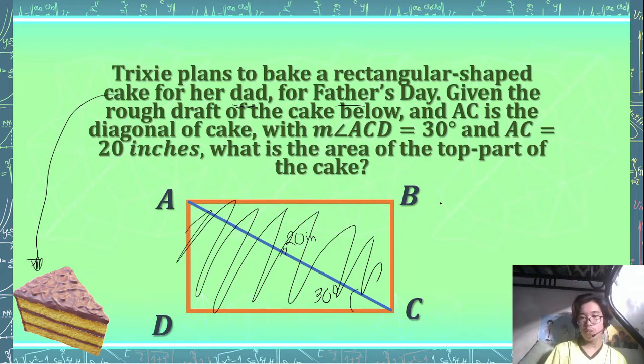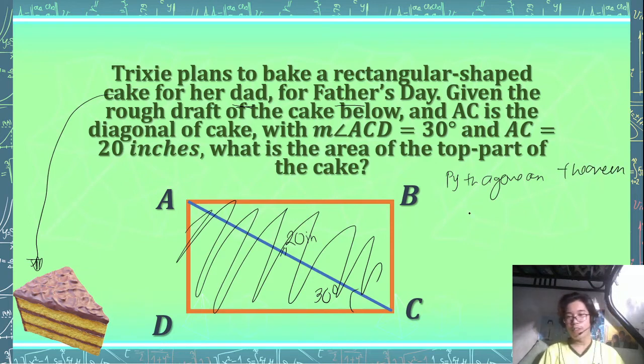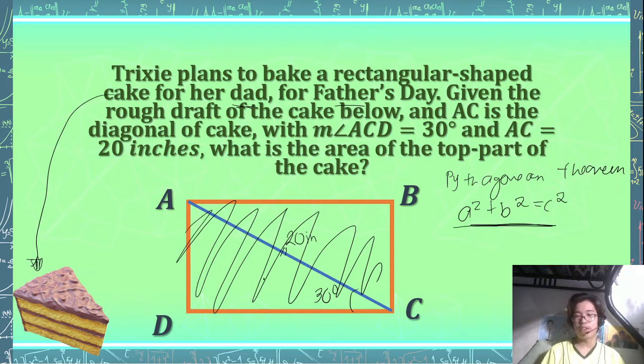So for this one, we're going to use the Pythagorean theorem. We're going to be using this theorem a lot in our subject. But again, to reiterate, the Pythagorean theorem says that a squared plus b squared is equal to c squared. Whenever we have right triangles, this theorem comes in very handy. And in this case, since this is a rectangle, we have a right angle here. This measures 90 degrees. And since this is 30 degrees,